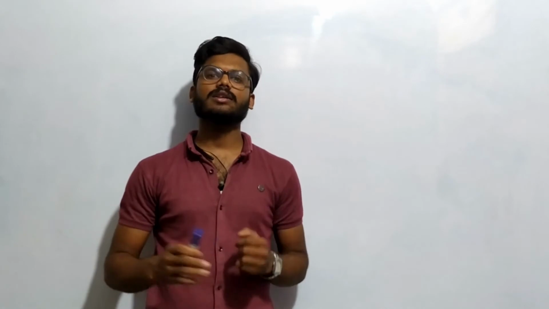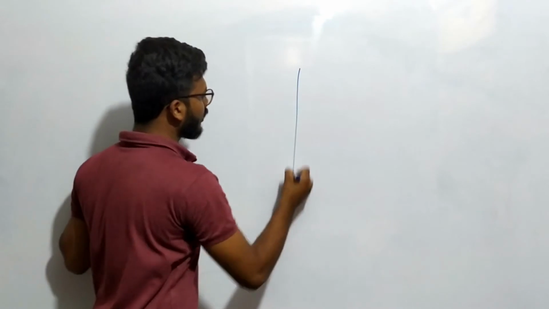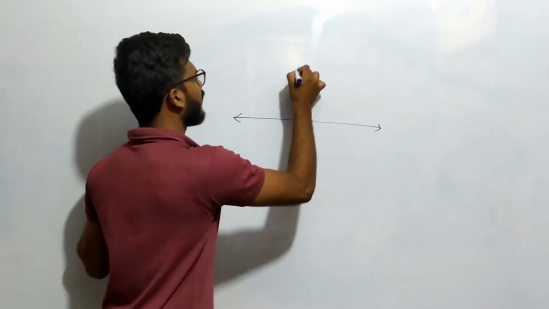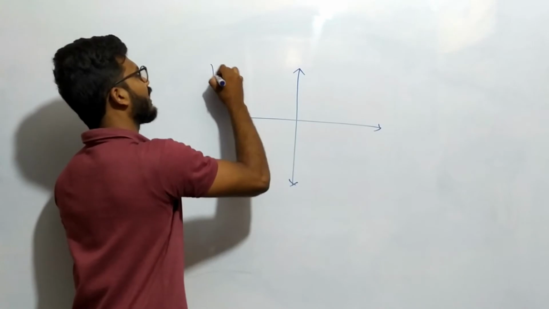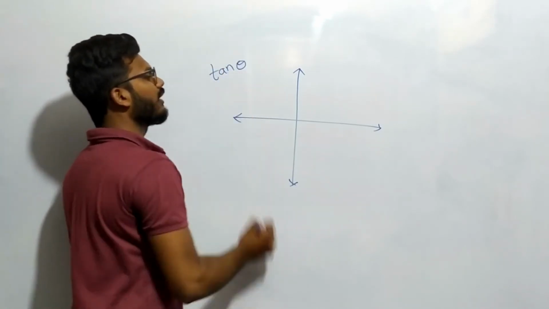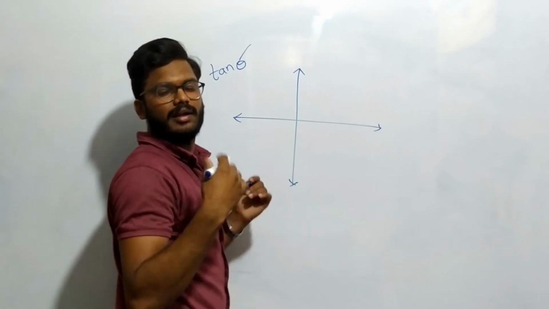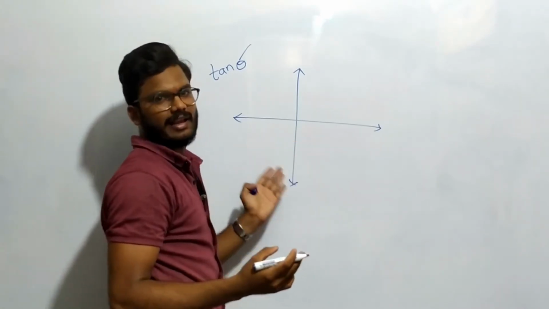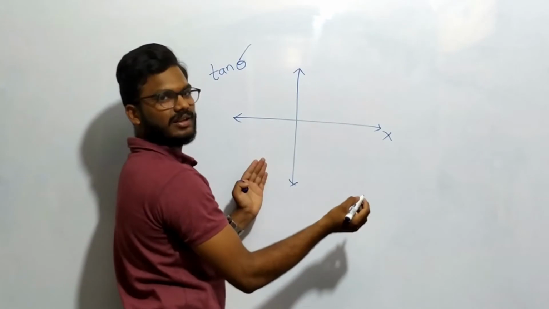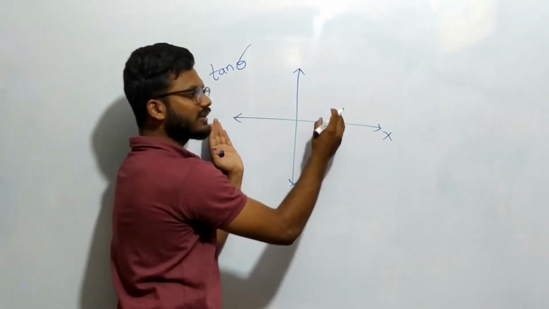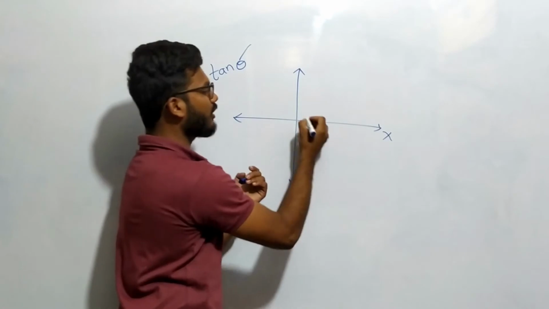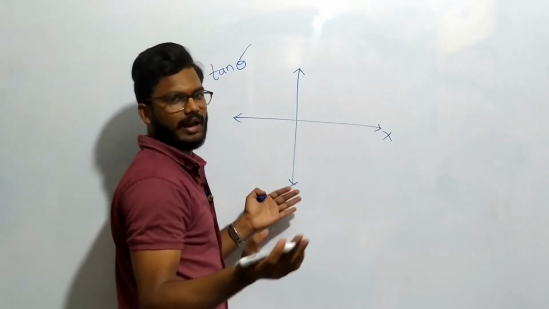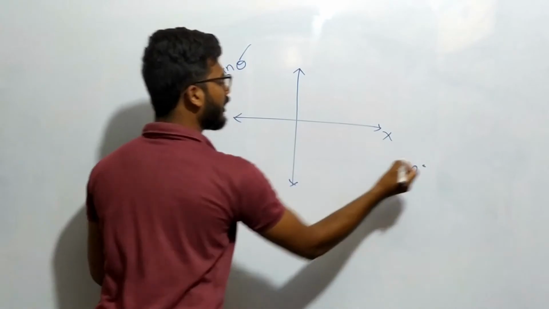Now see, what are the slopes of the x-axis and y-axis? What are the slopes of lines parallel to the x-axis and parallel to the y-axis? See what I told, slope is measured by using the value tan theta, and theta here is nothing but the inclination. Inclination is nothing but the angle with the x-axis. Now I want to find the slope of the x-axis. How much angle is it making with the x-axis? 0. They both coincide, so it cannot make any angle. So the angle is 0 degrees.